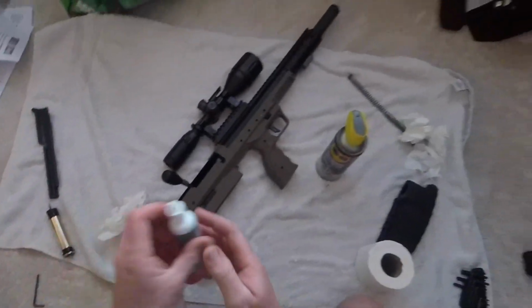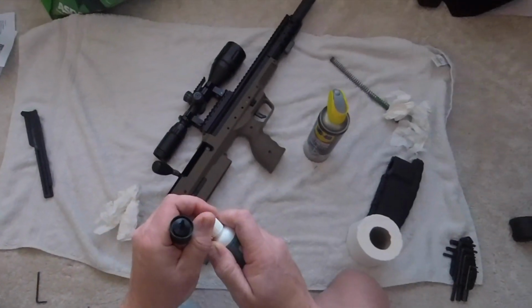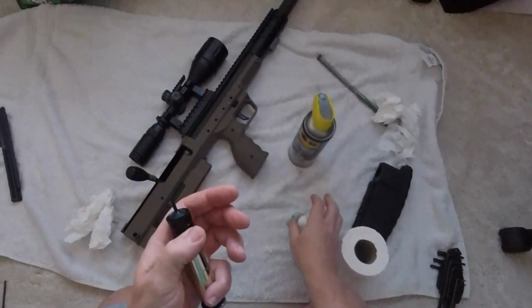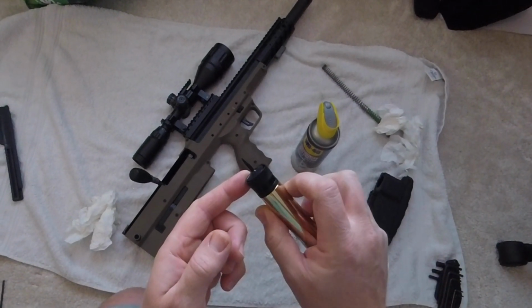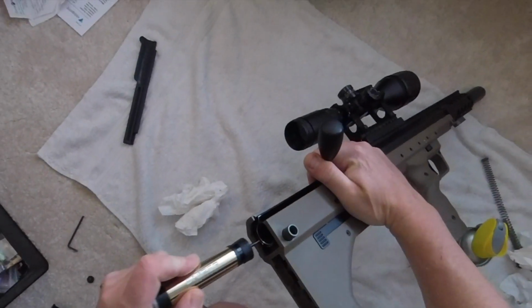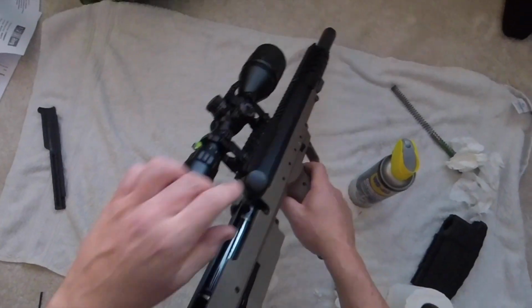I'll also put a tiny amount of silicone oil, just a blob, just along the top lip of the piston, or O-rings if you have O-rings, and then slide that into the piston, trigger to get it through,